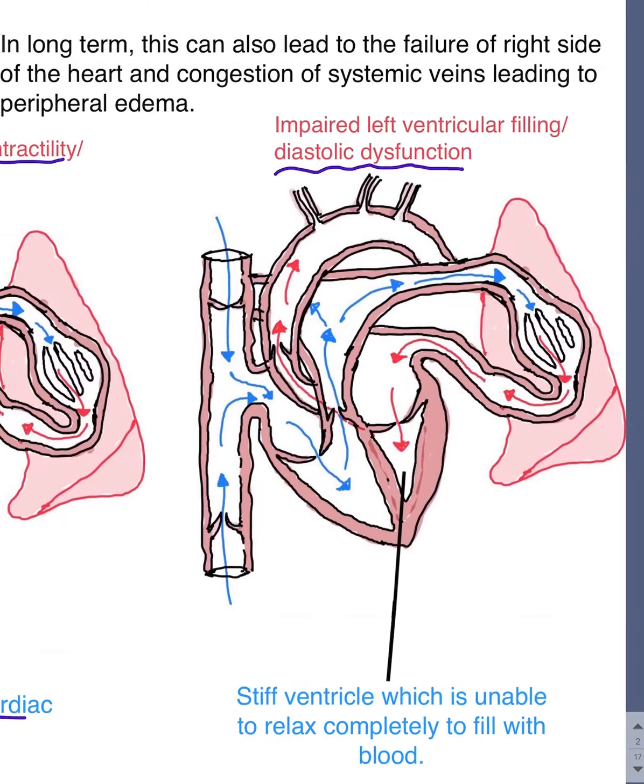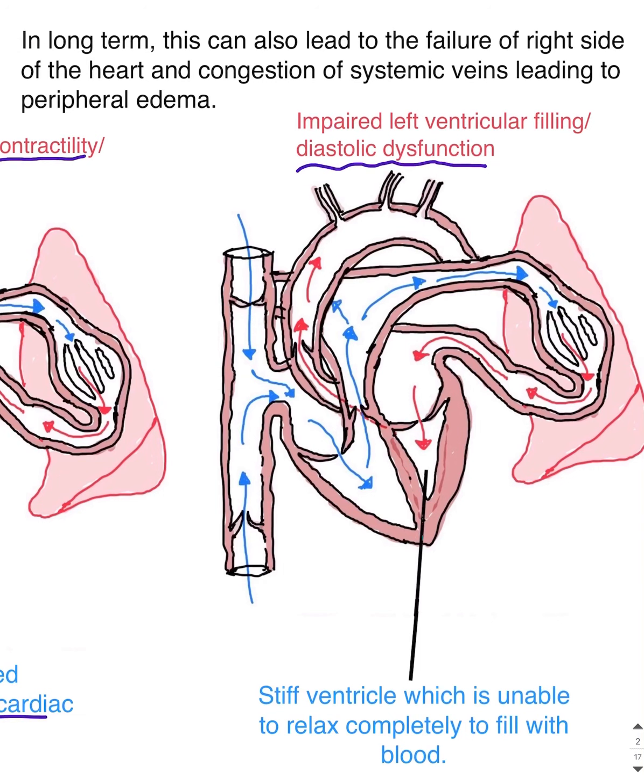What happens in diastolic dysfunction is that the left ventricle is stiff. The walls of the left ventricle are stiff, and the left ventricle is not able to relax properly. So, if the left ventricle is not able to relax properly, what will happen? It will not fill properly. There will be decreased filling of the left ventricle, and if the left ventricle fills with less blood, what will happen? The left ventricle will be able to eject less blood into the aorta,